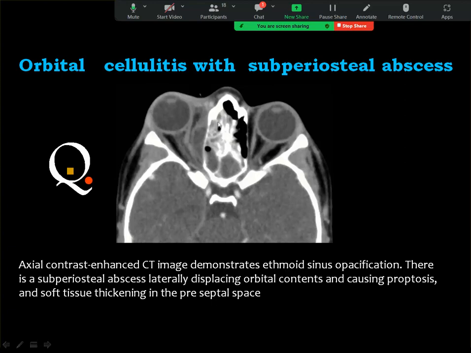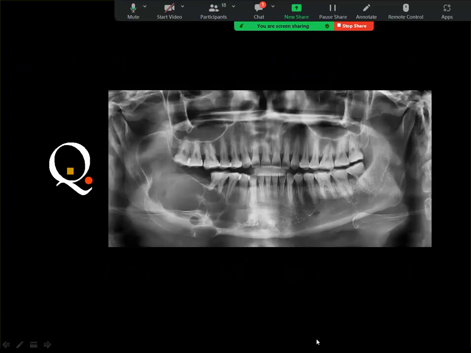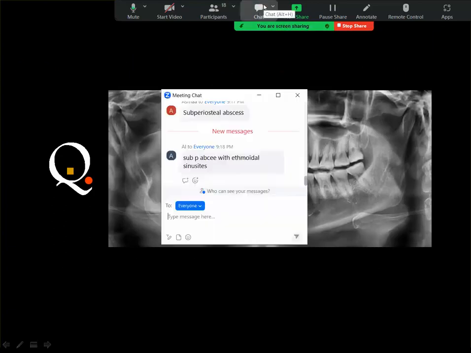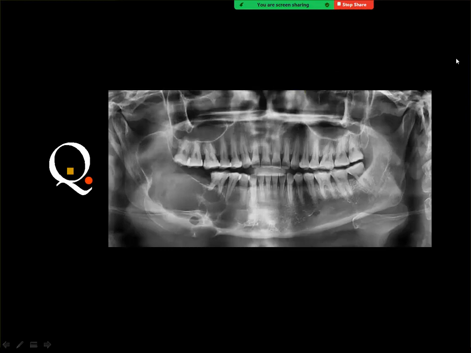This is the inflammation of the ethmoid, which should be on the same side of the inflammation in the orbit, and the inflammation has extended into the orbit, forming a subperiosteal abscess, and this is typical for orbital cellulitis and subperiosteal abscess. Next case is a mandibular panorama,